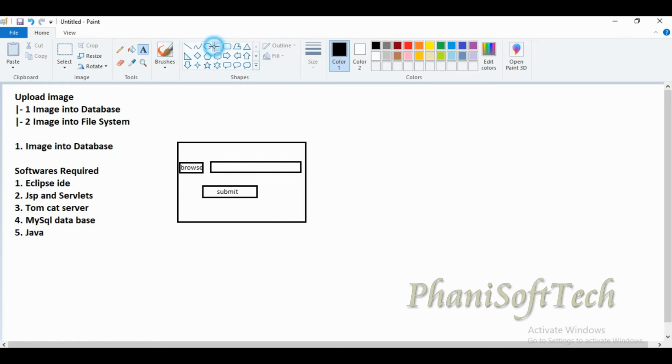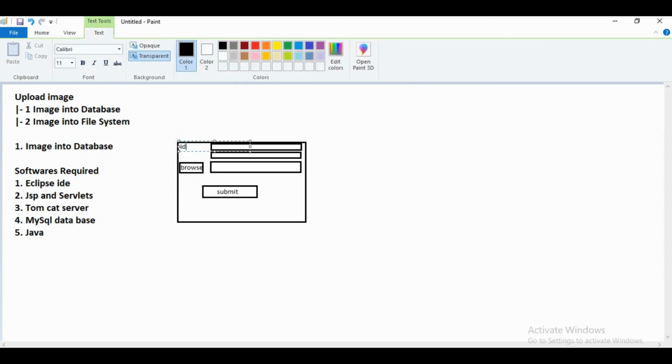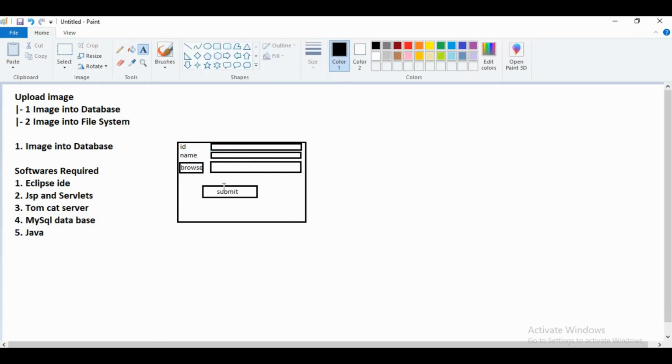Along with that, you have to take two additional fields, like some text fields, because of some standards we have to follow. Just assume these are text fields. This is some ID, and this is name, a text field, and one submit button will be there. Whenever we click the submit button,